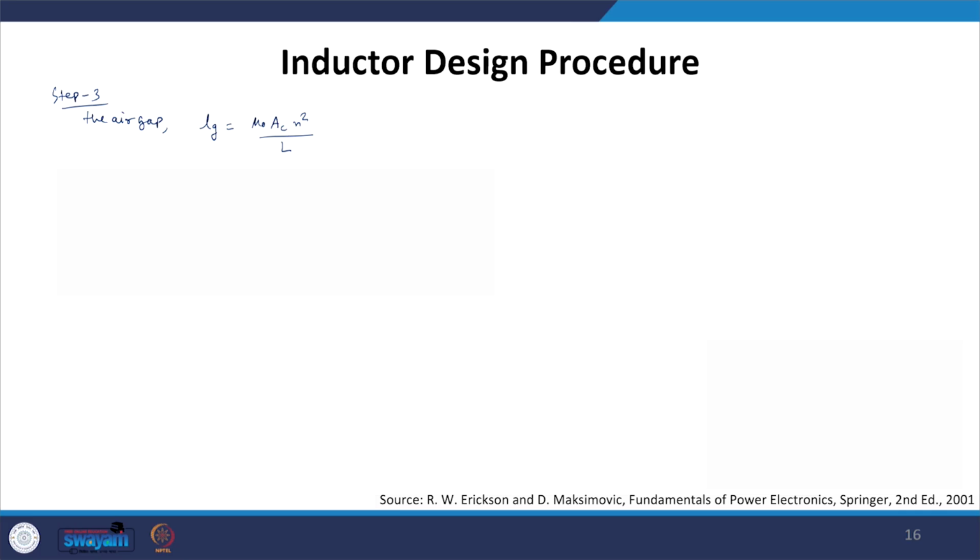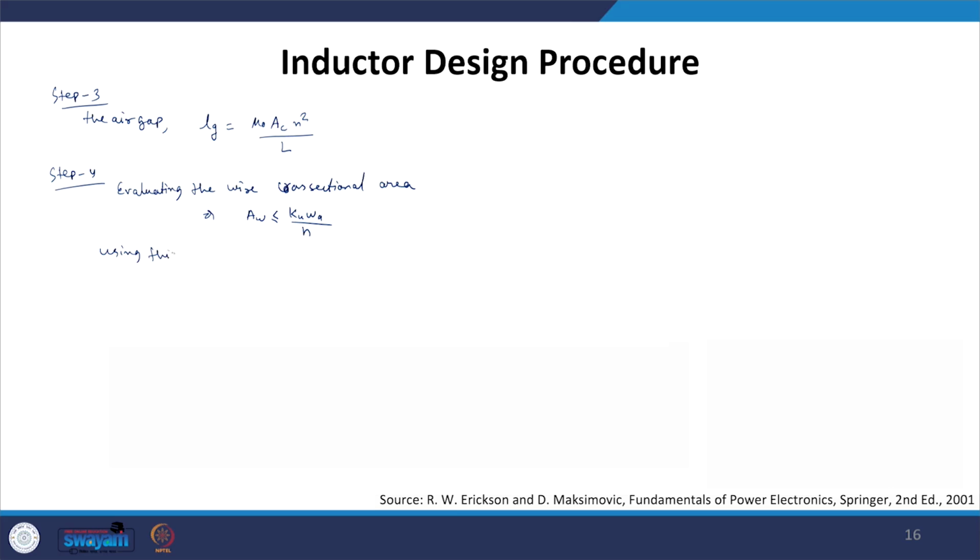So, the first step is selecting the required core, the second step is defining the number of turns, the third step is defining the air gap, and then after that comes step number 4, which is evaluating the wire cross section area, which is nothing but AW to be less than or equal to KU WA divided by N. Here again we have to ensure that whatever the unit of this WA, the same will be the unit of AW, and then using